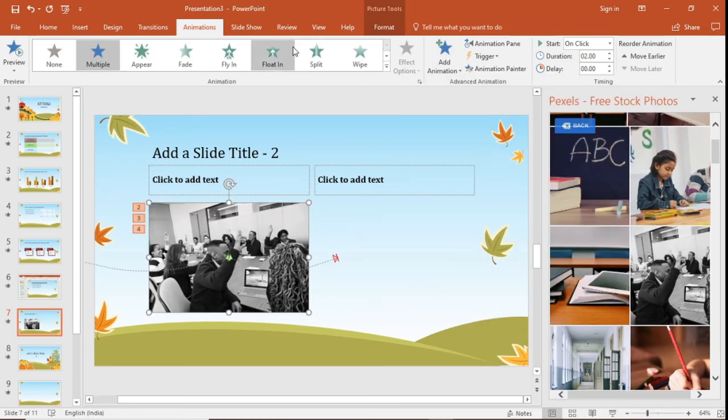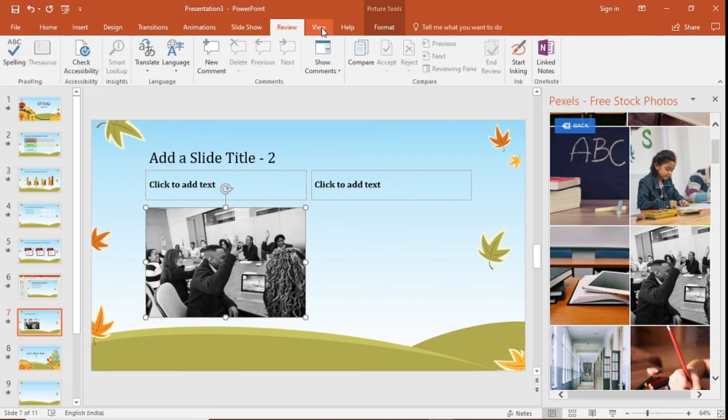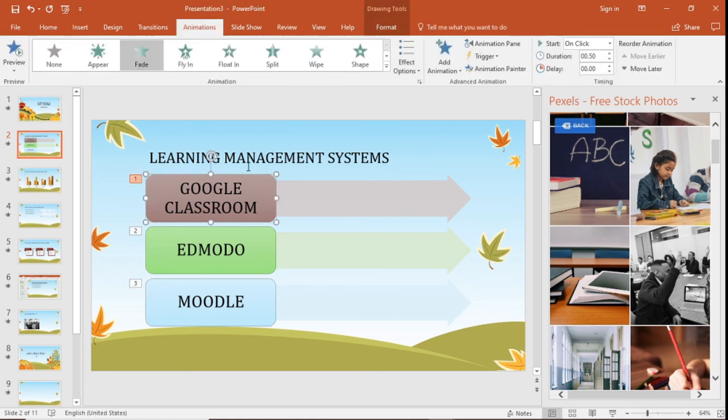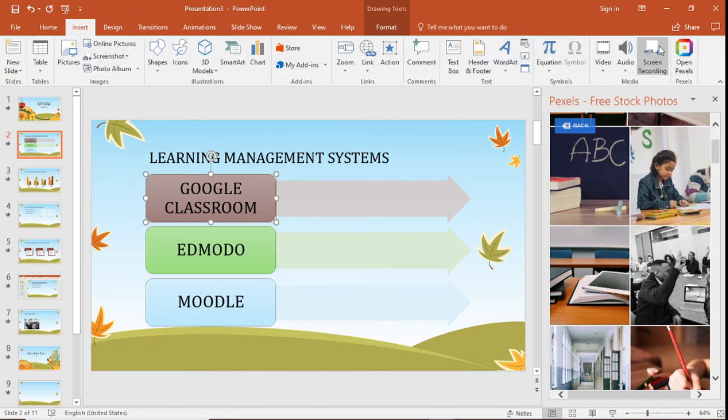So these are the various features available in Microsoft PowerPoint. There are a lot more features to explore. In fact, we can take Microsoft PowerPoint itself as a separate course. Those many features are available. But I just wanted to convey basic features. One was converting to smart art. The second one was the inbuilt features of Pixels from where we can insert a lot of images. The third one, we can add various animation effects by selecting a particular text or any picture and clicking on whichever animation we want. The next one was we can record the total screen using the screen recording option.